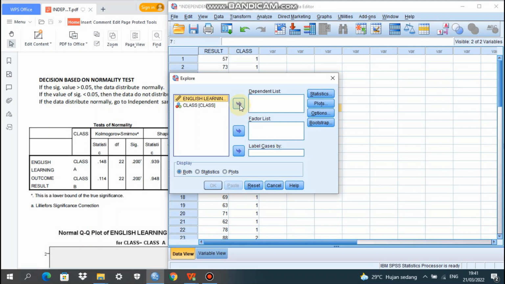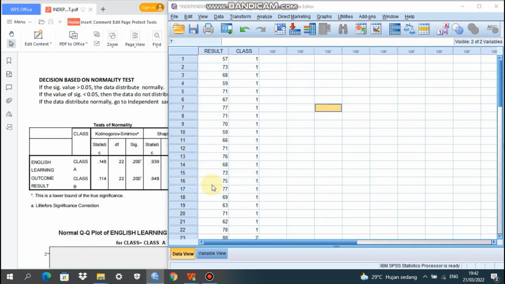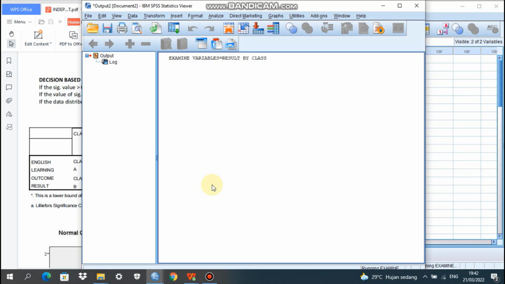We move English learning outcome to the dependent list, and class from the dialog box on the left to the factor list on the right. Then Plots, click it, and then click Normality plots with tests, and then click Continue, click OK. We are waiting for the output for the normality test here.